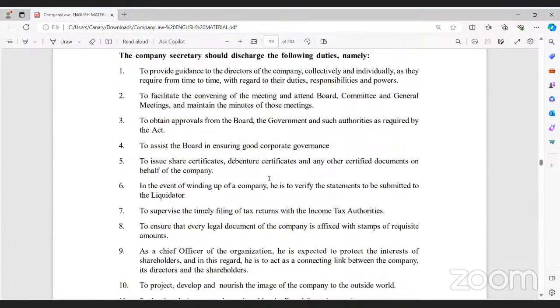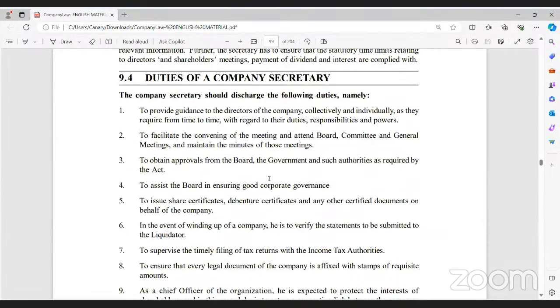Now coming to the duties of a company secretary. He is the facilitator. He is a facilitator